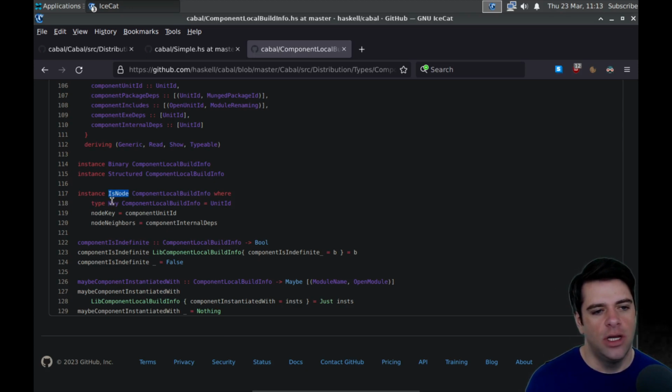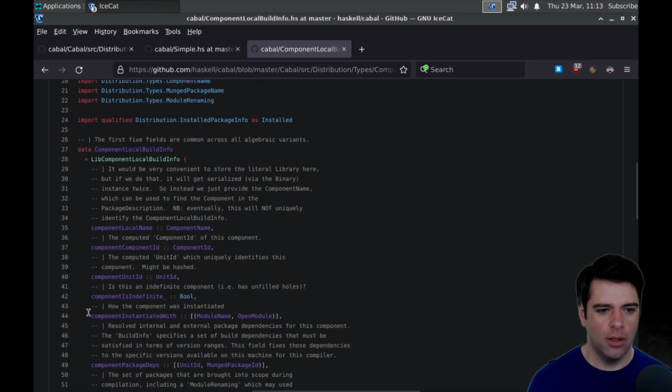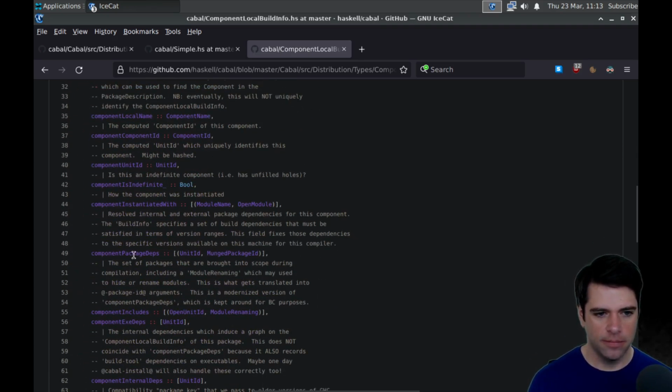And isNode has, okay, so key of component local build info is unit ID. Okay, and node key is going to be component unit ID, and node neighbors is going to be component internal deps. The node neighbors are the internal deps. So maybe internal deps includes the package deps.